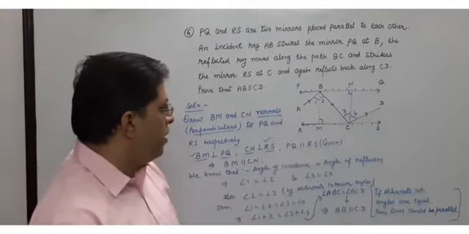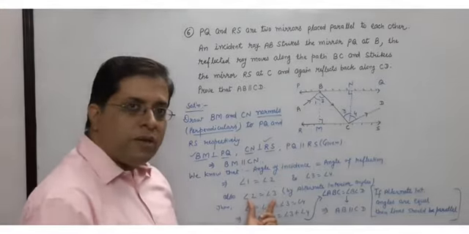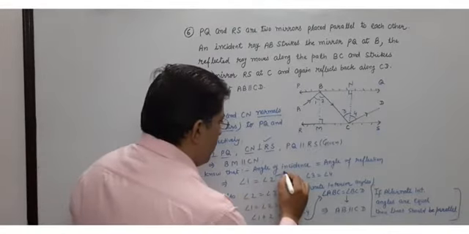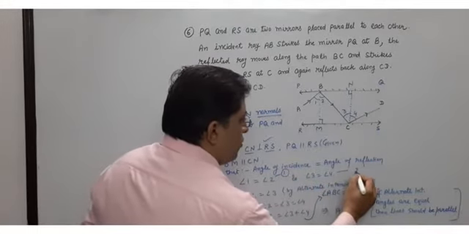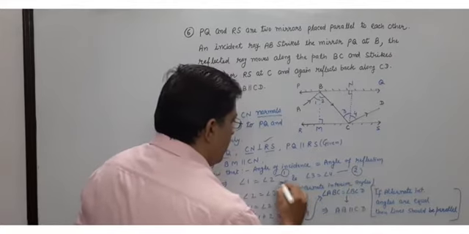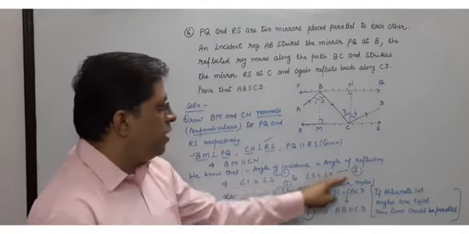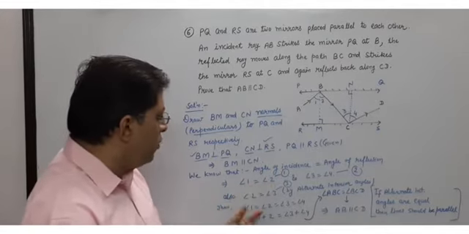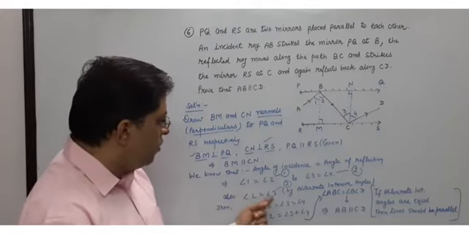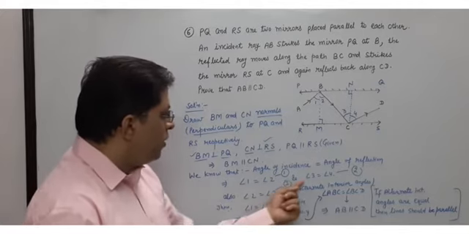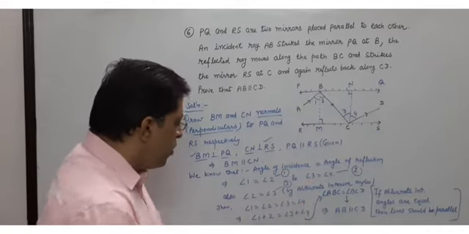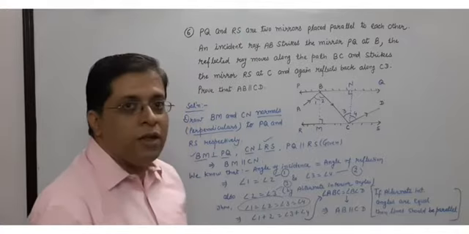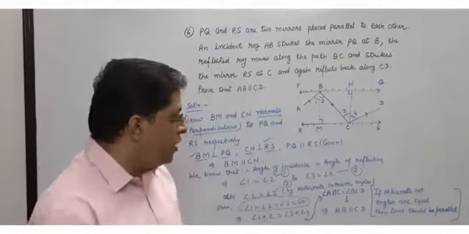Angle 2 is equal to angle 3. This is alternate interior angle. By this, I can say first. By this, I can say second. And by this, third. So by first, second and third, what we get here: angle 1 is equal to angle 2, this is okay. Then angle 2 is equal to angle 3, this is okay. Then angle 3 is equal to angle 4. It means all four angles 1, 2, 3 and 4 are equal.